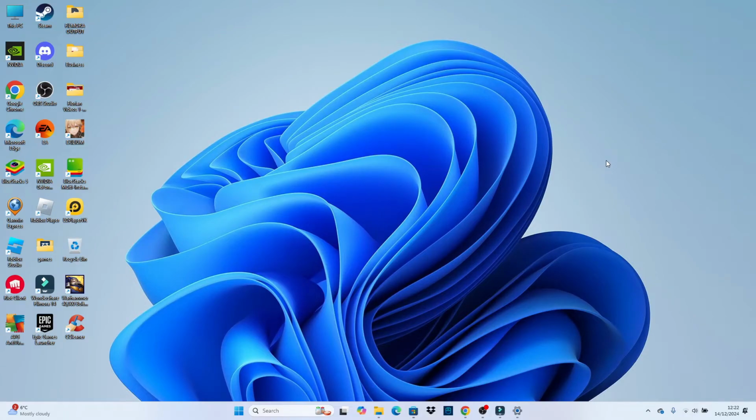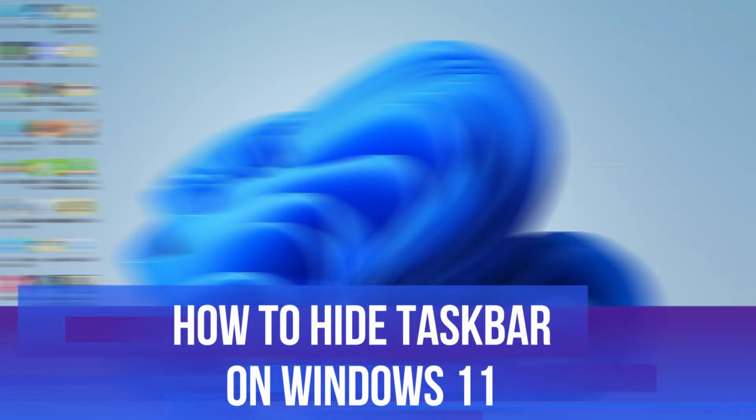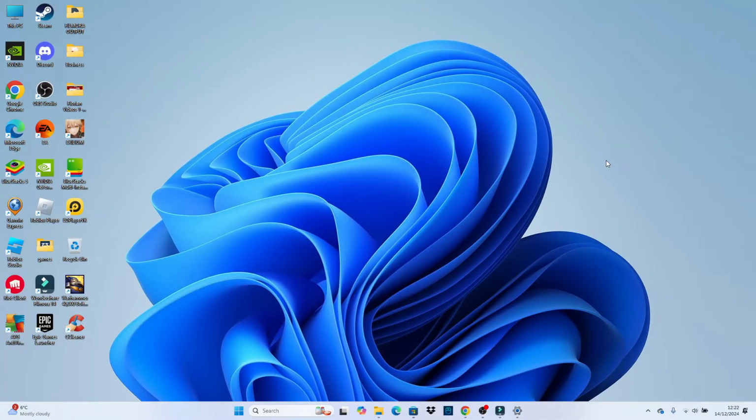In this video, I will show you how to hide Taskbar on Windows 11. So let's jump straight into it. So here we are, as you can see on my Windows 11 desktop, currently my Taskbar is